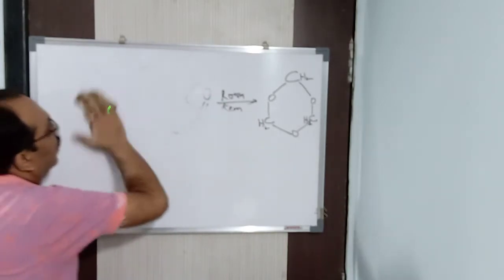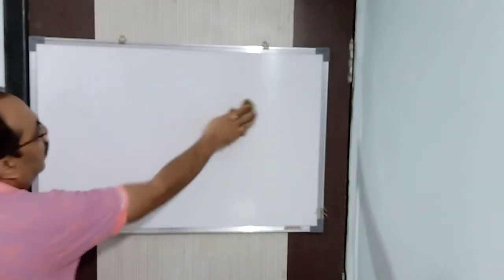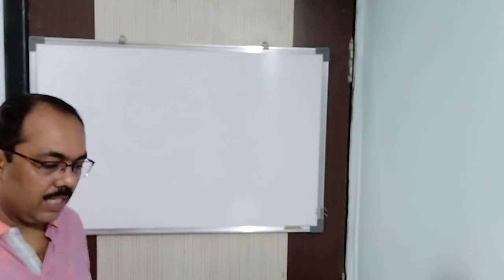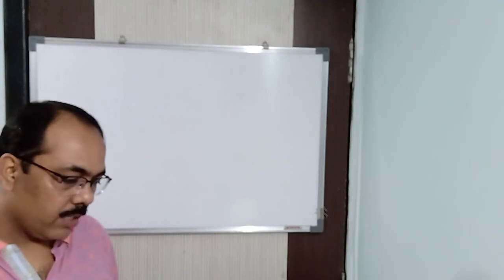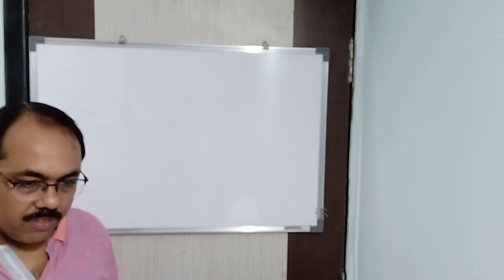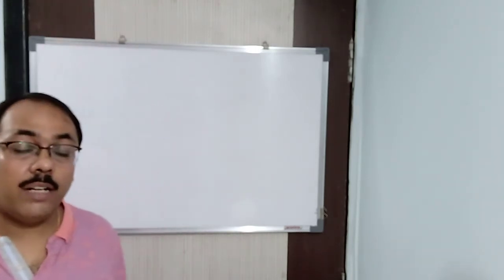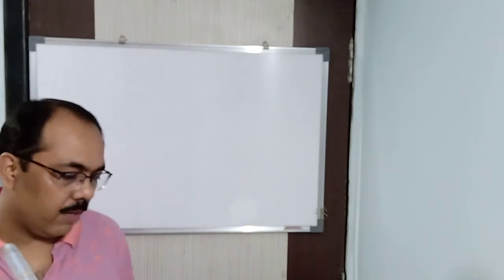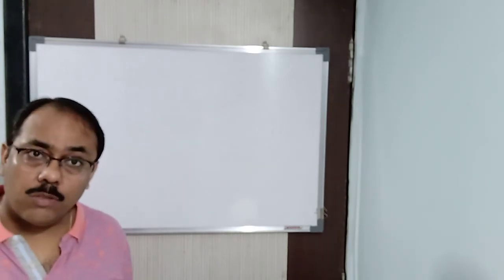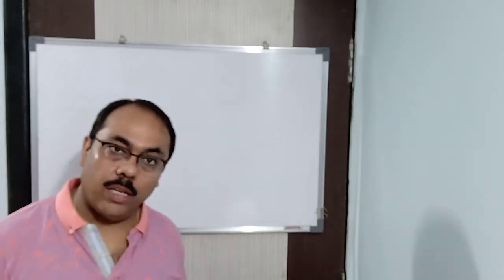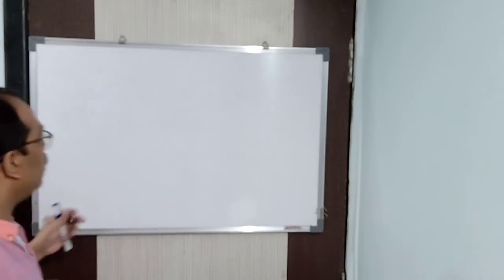Next, we will see when 6 molecules of formaldehyde react in the presence of baryta. Baryta is nothing but calcium hydroxide. When a dilute aqueous solution of formaldehyde containing a weak alkali, baryta, that is calcium hydroxide, is allowed to stand, 6 molecules polymerize to give formose. Now see the reaction, how I am writing it.